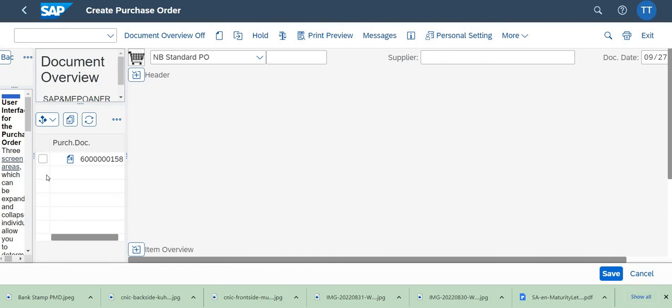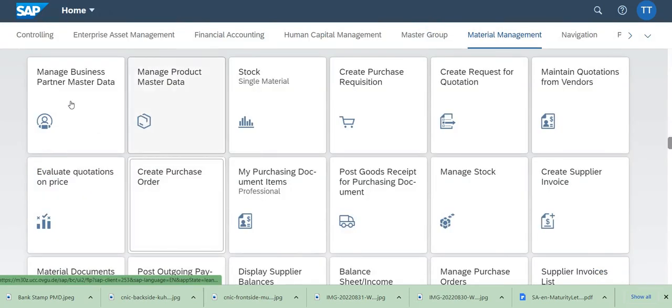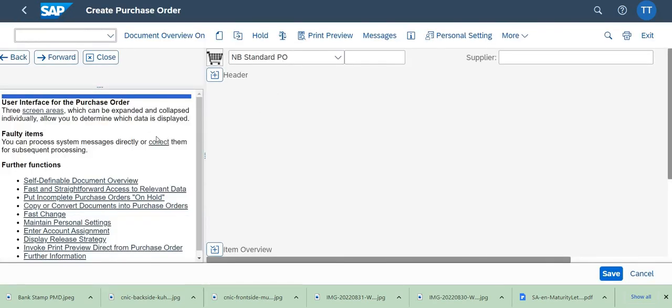Basically in this activity, what they are showing you is that you can just expand all these things and see. If you double click on this and see, all the things can be there, this and that. So you can just open this document overview and all these things. But we are basically interested over here. I am going back from here, and we are basically interested here in creating a purchase order from the document that we already know. So what we can do, we can directly, let's say for example,